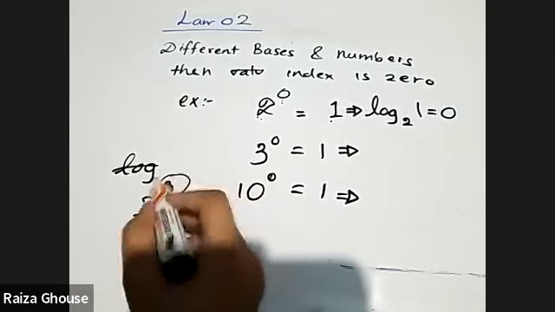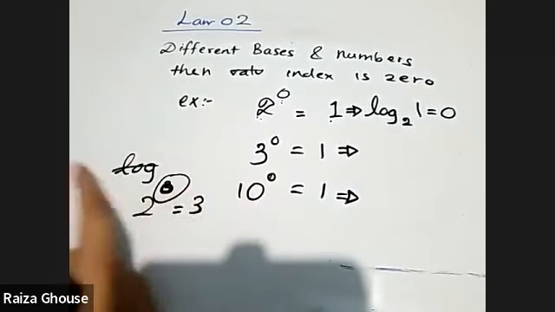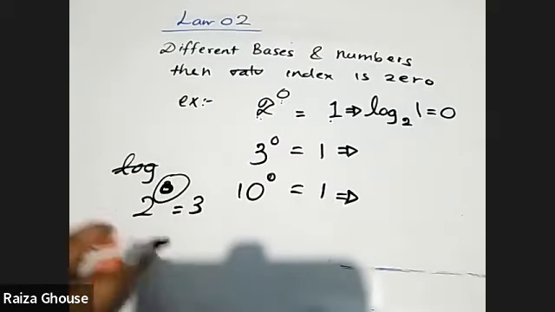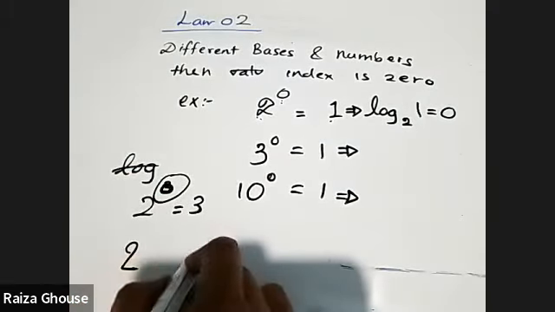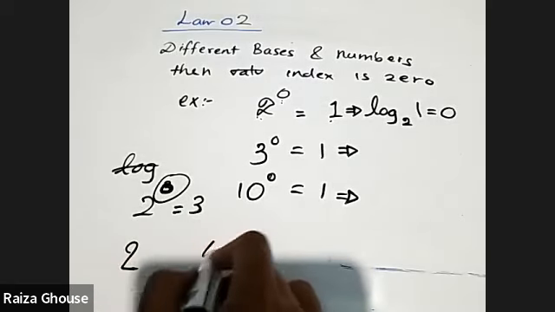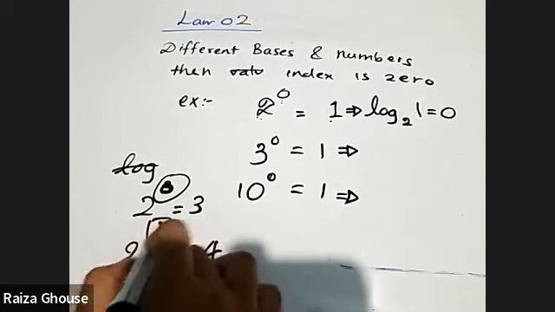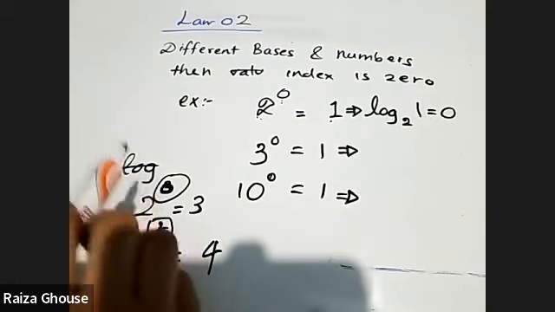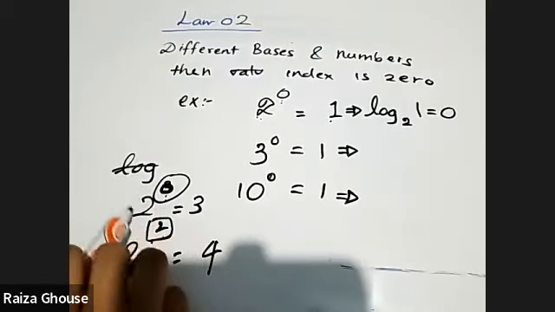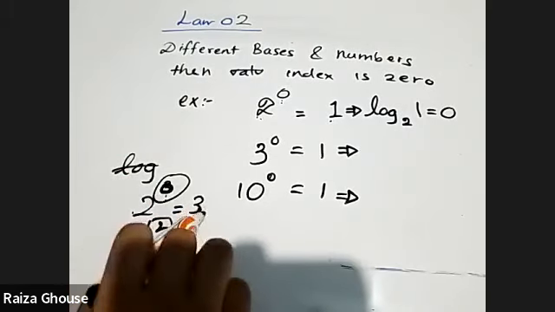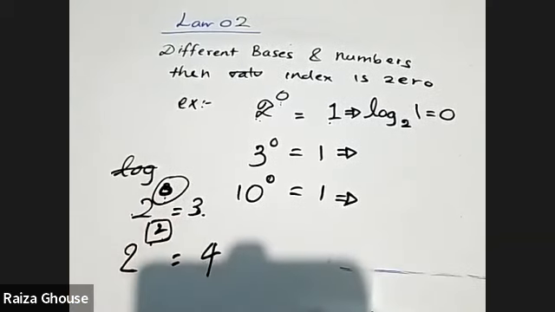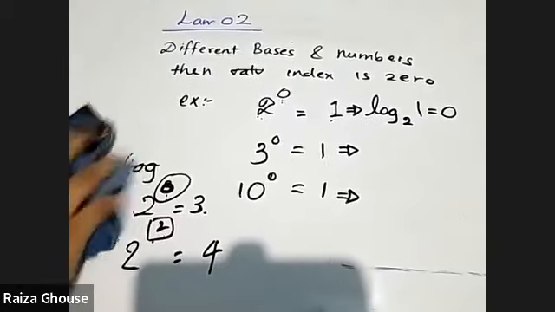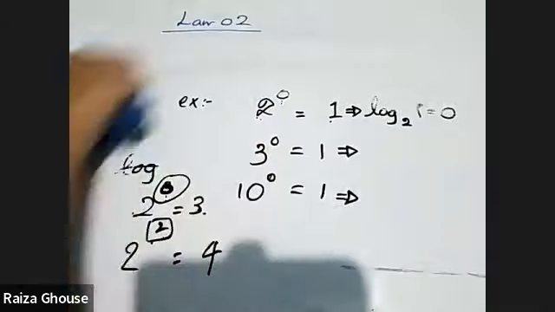Always remember, if your index is 0, your base and value are different. Can you understand? So if you have a different base and a different number, let's say 4, here 2 to the power 2, it's not 0. So I can write this in another way. If your index is 0, your base and value are different. So write down, if your index is 0,